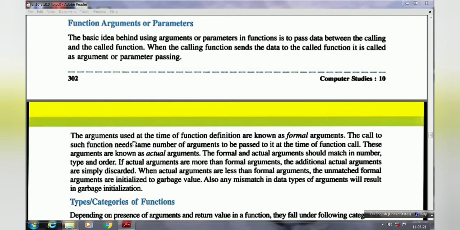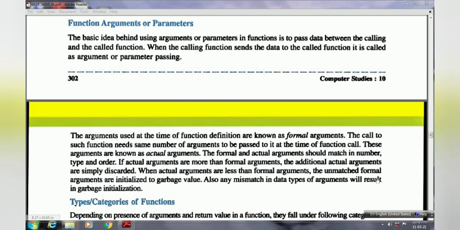The arguments used at the time of function definition are known as the formal arguments. Means when we are defining the function, whatever arguments we pass in the function brackets are known as formal arguments. And the call to such a function needs the same number of arguments to be passed at the time of function call.